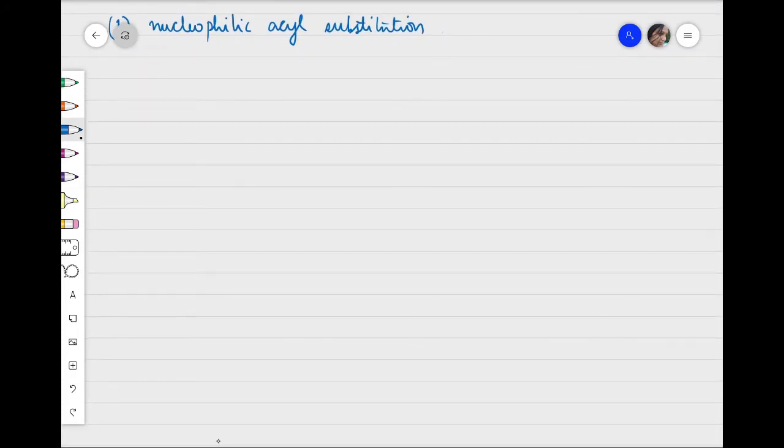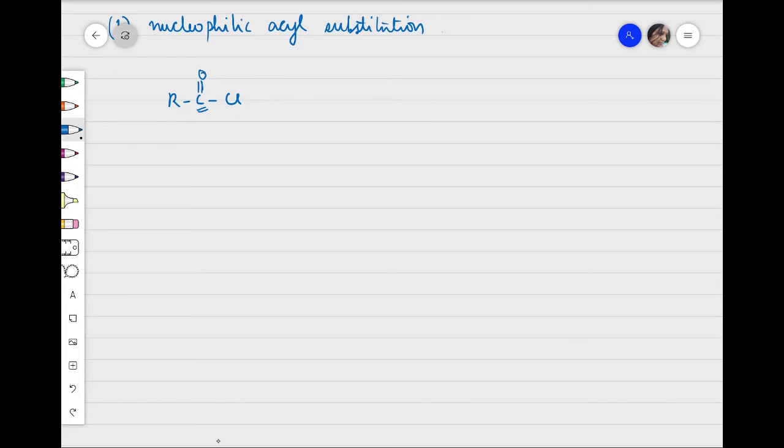I'll just discuss the general mechanism, and we'll go into each reaction where you can yourself try out how the mechanism goes. It's a general method. Okay, so your acid chloride has an electrophilic center, that is, this carbon. It's because of the electronegativity difference between carbon and oxygen. So generally the bonded electrons are more towards oxygen.